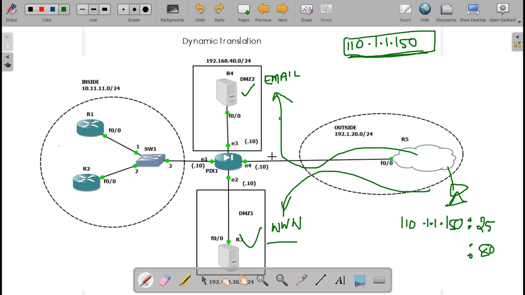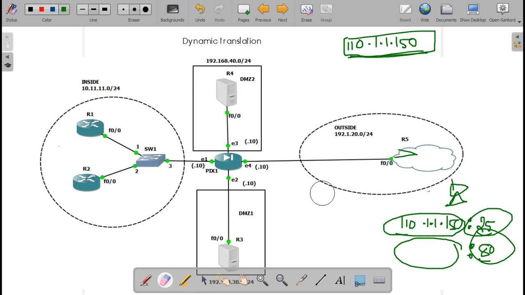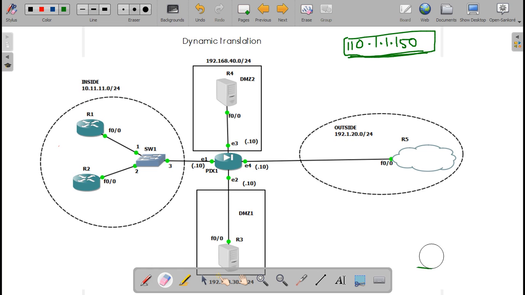So what I'm going to do is translate them, and I am going to open up two ACL entries on the firewall saying that if the packet is coming from anybody on the internet and it's coming to my server on this port, let him come in. Similarly, if the IP address is this and the port number is 80, let him come in. So 80 will come to the web server, 25 will go to the email server. Command is same, concept is same, working is a bit different with small changes.